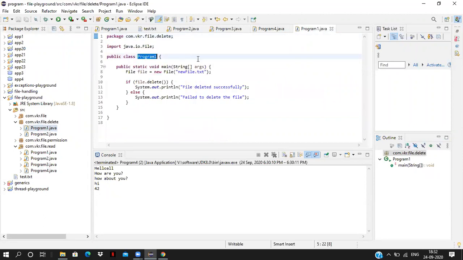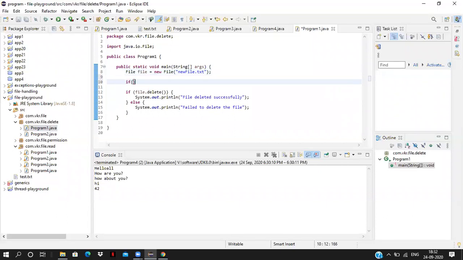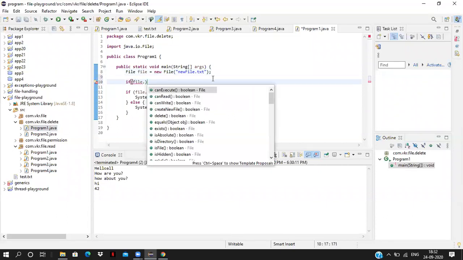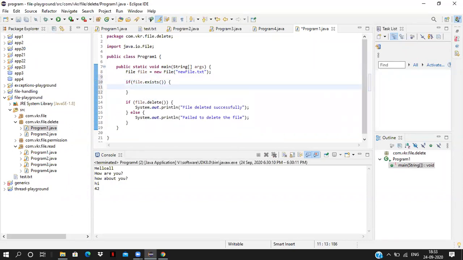Now inside program 1, I have just created a file. See, inside my folder, there is no file like newfile.txt. So how to check if the file exists? If the file exists, don't do anything.